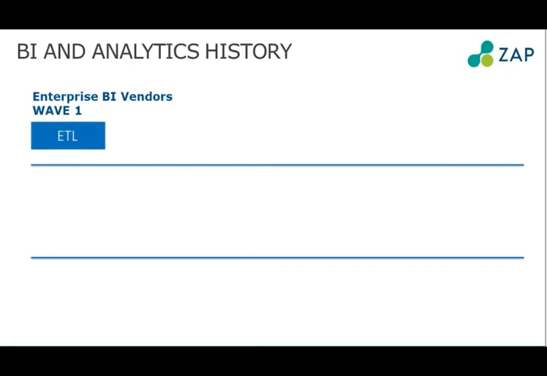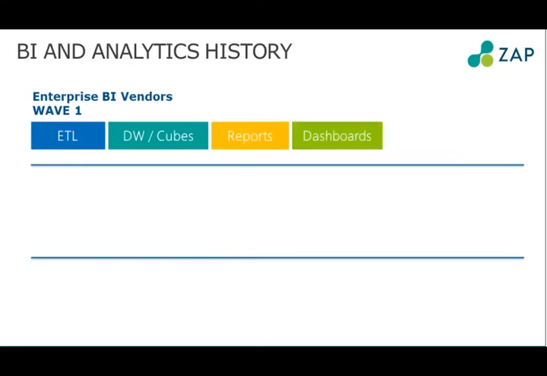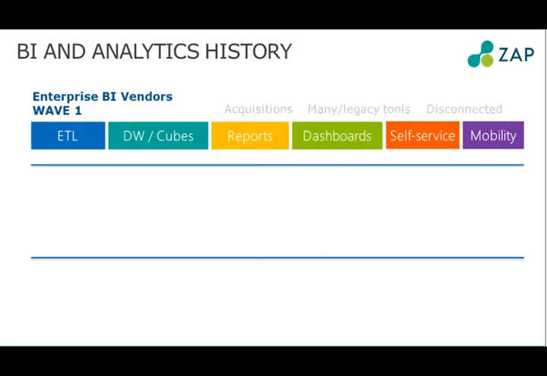And these products created everything that you needed at a data level. They created all the cubes for multi-dimensional viewing, all the reporting and analytics and dashboards. They have self-service capabilities, and they also now have very good mobility stories as well. But remembering that these wave one vendors have come through from literally 20 or 30 years of investment, and that investment has not always been organic. A lot of it has been through acquisition.